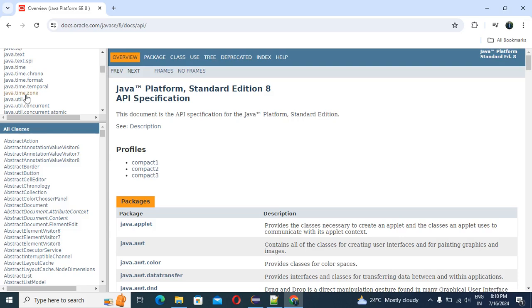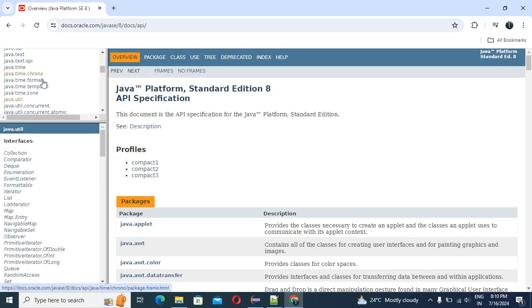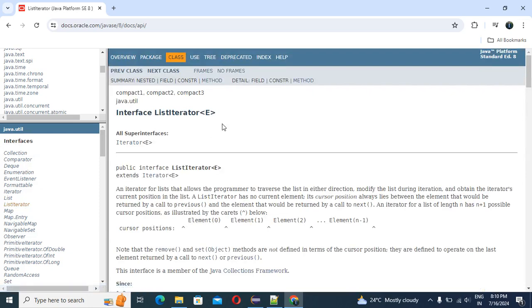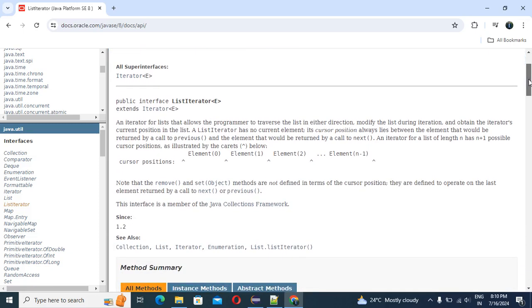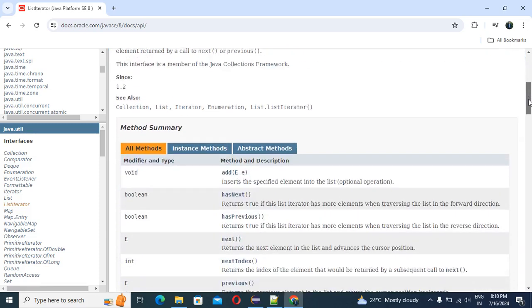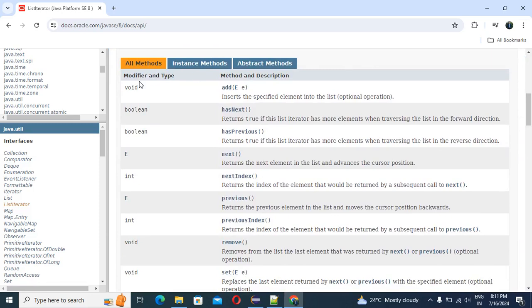Come here, see guys, so under java.util you click here, so that is a package here. Under this package we have so many interfaces, right? You can come here, you can see ListIterator, right? It is an interface. So you can explore more on that, but what I'm going to explain here, guys, is these methods,